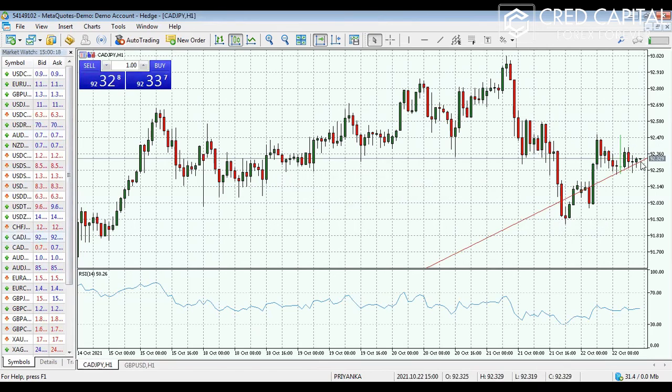Let's see the CAD JPY. Expected to rise, JPY pattern. A kind of rickshaw man doji is appearing, and look, we have to avoid it a little bit in the market. So this is how you generally have to take the trade in the market. Let the whole pattern complete, and then after the completion of a certain pattern, you can take up your trade. Okay, guys.